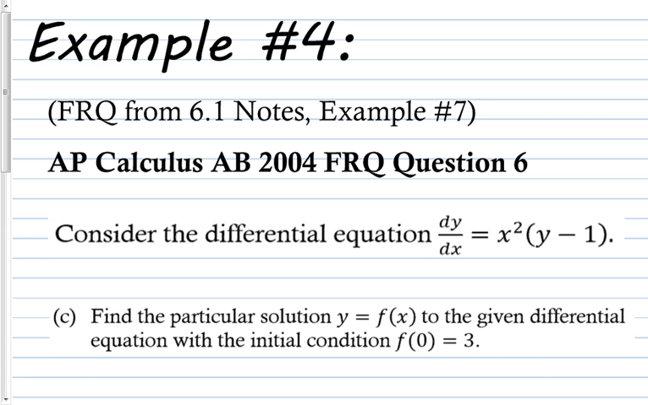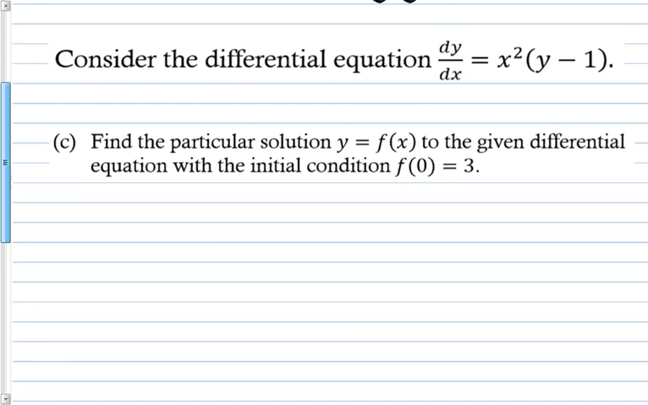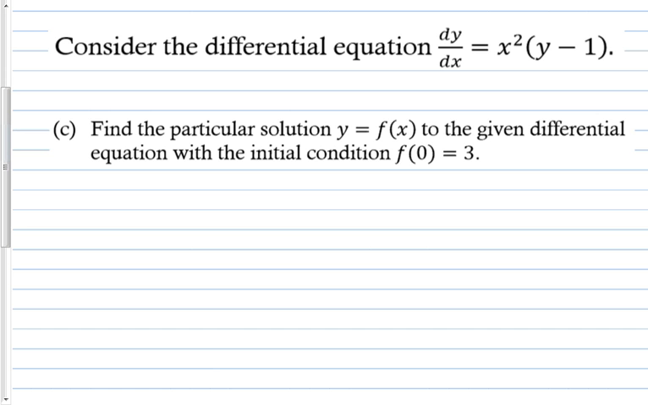Example 4. This is the remaining part of the FRQ that was started during note 6.1. That's why I have this here. The first two parts, A and B, were worth 3 points, and this part C is worth 6 points. Consider the differential equation dy/dx equals x squared times (y minus 1). Find the particular solution y equals f of x to the given differential equation with the initial condition f of 0 equals 3. So basically what we were just doing,